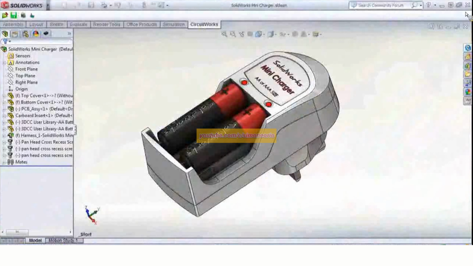One second here. Let me close this down. I think I have a message box somewhere that's because of my resolution. So bear with me one second. Let me just kill this, and we'll